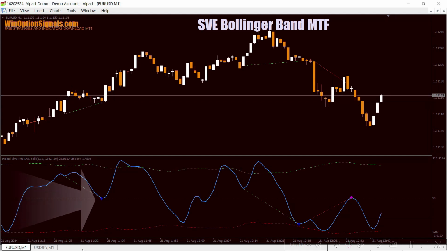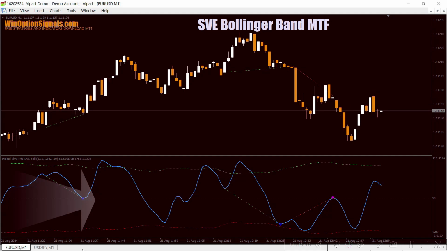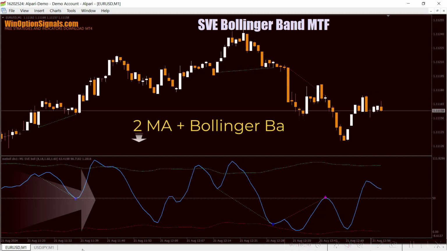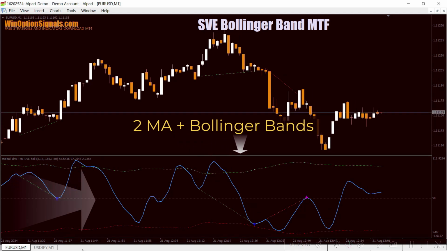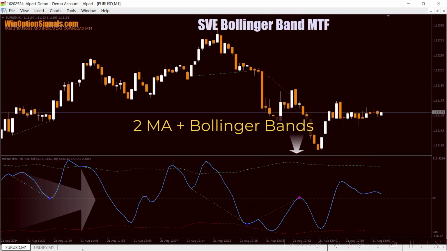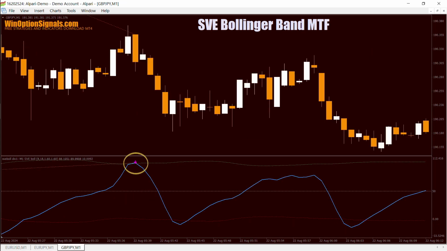In the basement panel, SVEB MTF displays a blue line that moves between the green and red. All three lines are based on standard MetaTrader 4 indicators, two different moving averages, and Bollinger Bands. When the blue line crosses the red line from the bottom up, a blue arrow up appears on the chart. This is a signal to buy call options, and vice versa. When the blue line crosses the green line from top to bottom, a red arrow signal appears to buy a